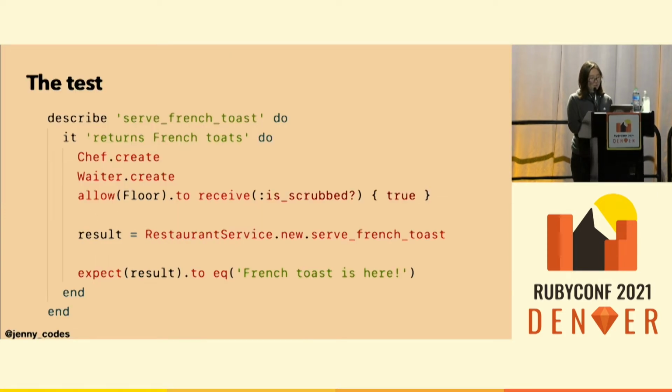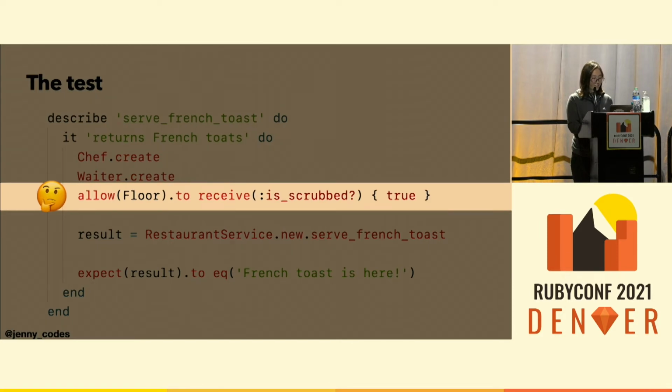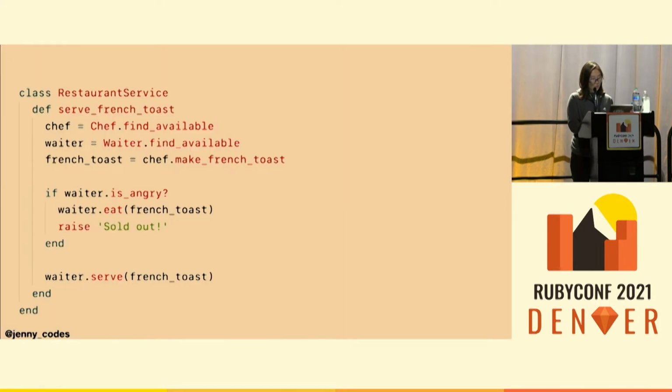So we open the test file and see this test. We immediately know that it's an integration test because there's no variable assignment in these two lines, so they must be changing some states of the system. And also, we secretly know that they are all active record objects, and that's fine. What's not fine is this line. It's a test double for a method in floor. We didn't see that in our production code.